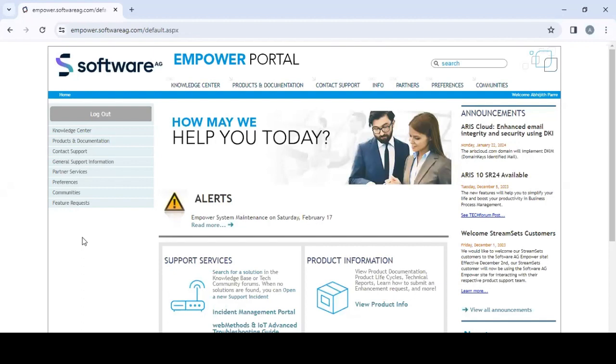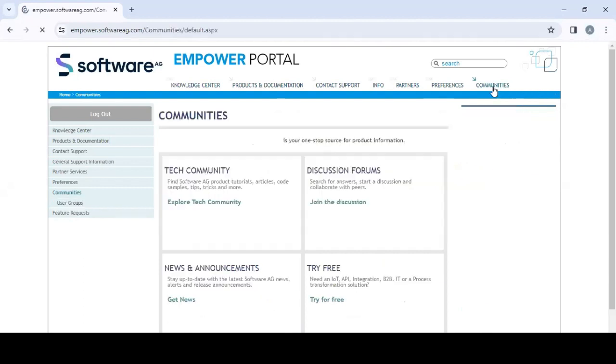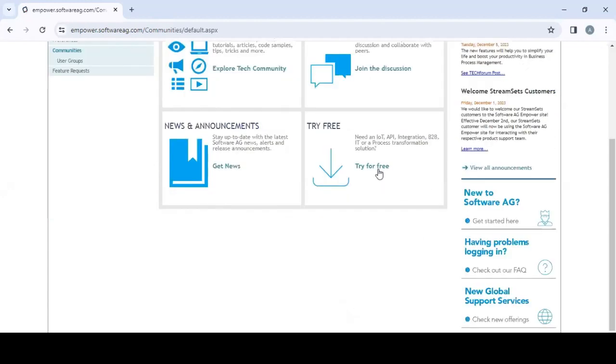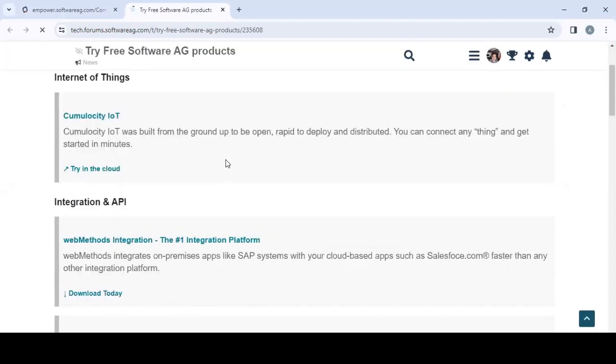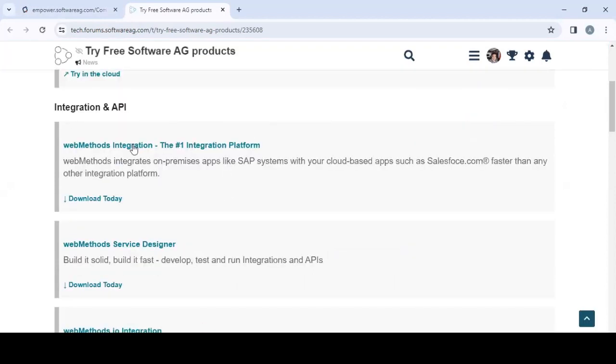For this purpose, I've logged in into Empower. Once you log in into Empower, navigate to communities and click on try for free. It routes to the Tech Forum site, and from the Tech Forum site it will show you what are the products that you can try for free. Here we wanted to see the webMethods integration, so I'll just click on this